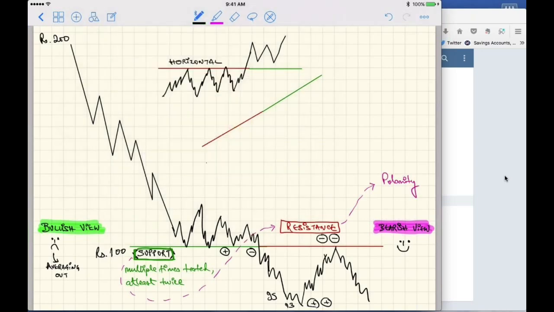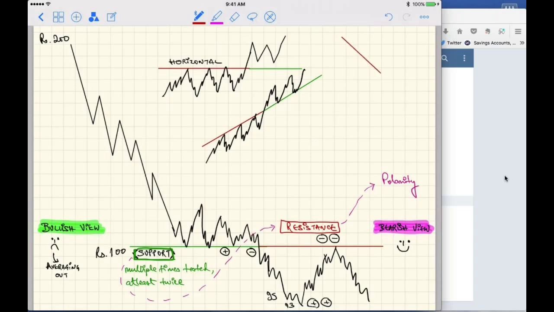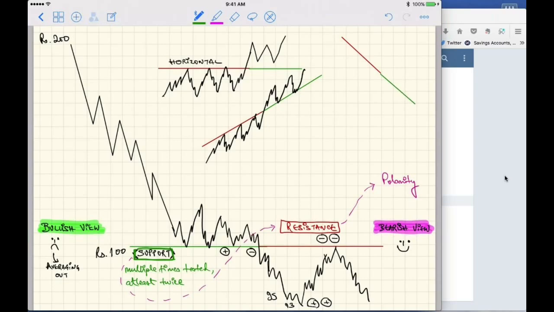So you can have instances where the stock finds resistance twice, thrice, and when finally it breaks, it will try to find some support. And vice versa, it can be the other way around, where let's say the stock is giving some resistance, and once it breaks down, it will tend to give you support once, twice, thrice. This is on a rising, falling line, and it can happen the other way around also. Earlier it was giving support, then it gives resistance. Both these examples are first resistance and then support.